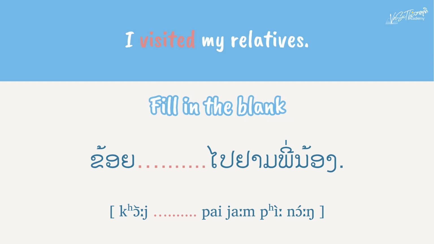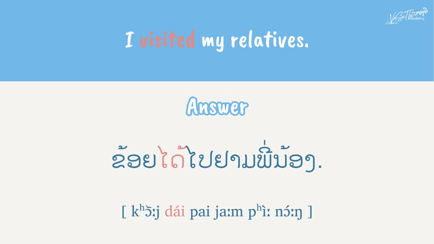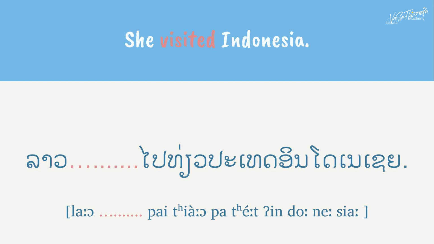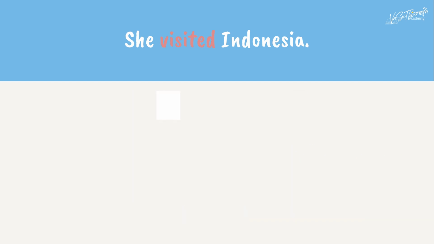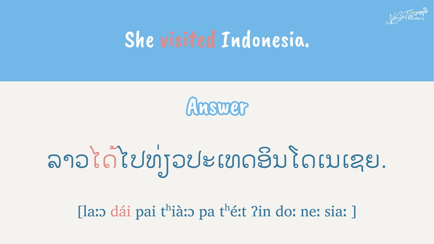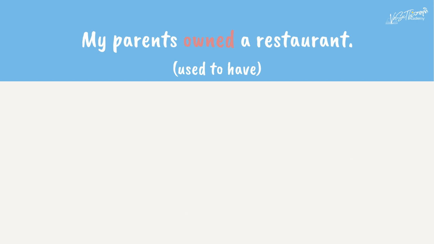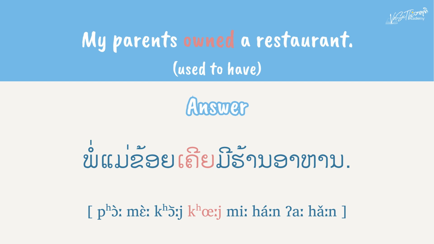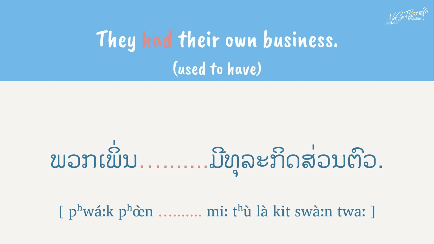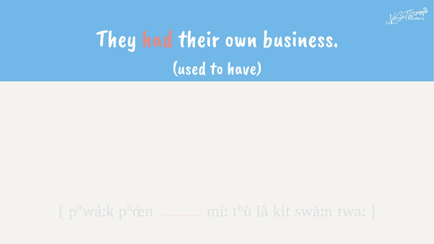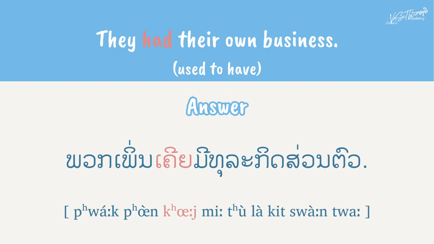I visited my relatives. ข้อยได้ไปยามพี่น้อง She visited Indonesia. ลาวได้ไปเที่ยวประเทศอินโดนีเซีย My parents owned a restaurant. พ่อแม่ข้อยเคยมีห้านอาหาร They had their own business. พวกเพิ่นเคยมีธุรกิจส่วนตัว